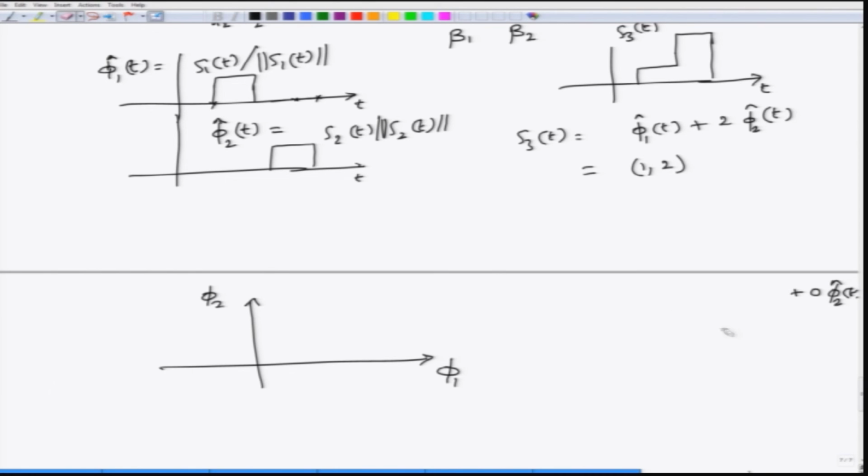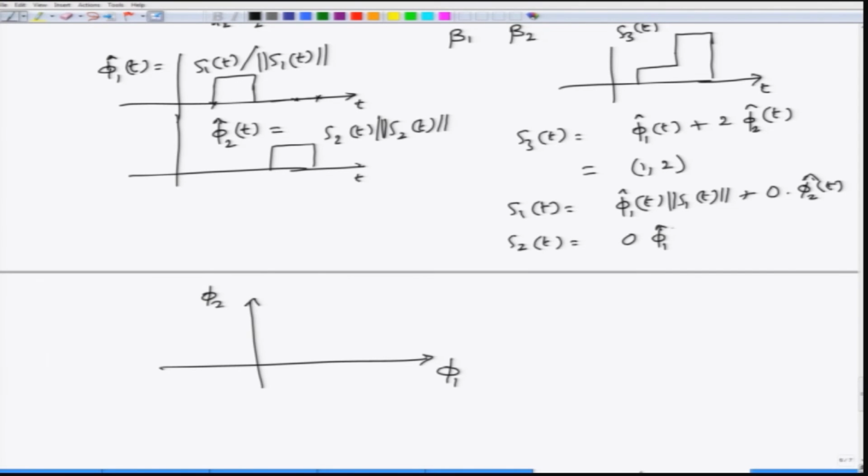We can simply consider this phi 1 and phi 2 as two mutually perpendicular vectors, and then any vector S3 of t can be written in terms of these by giving them the combinations alpha 1 and alpha 2. So, in this case what would be S1 of t? S1 of t itself will be phi 1 of t times S1 of t's norm, and S2 of t will be plus 0 times phi 2 of t in this particular case for S1 of t,